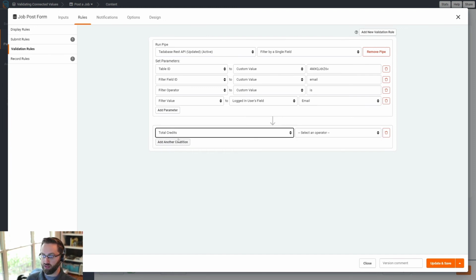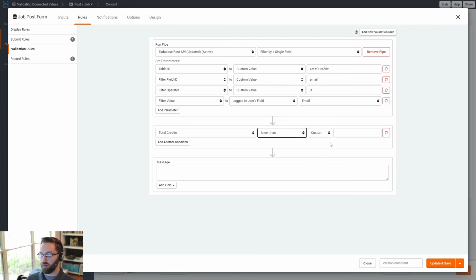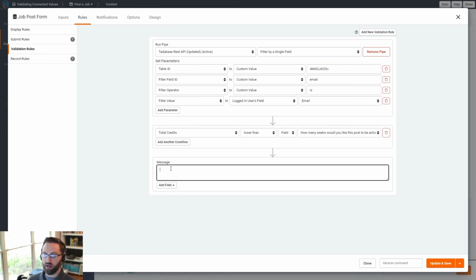So here we can return our total credits and say if the total credits is lower than a field value of how many weeks would you like this post to be active for. Again, 1 credit equals 1 week. So here we're comparing the total credits to how much the post actually costs. And if this validation fails, then we'll give the user a message saying you do not have enough credits to post this job. Please purchase